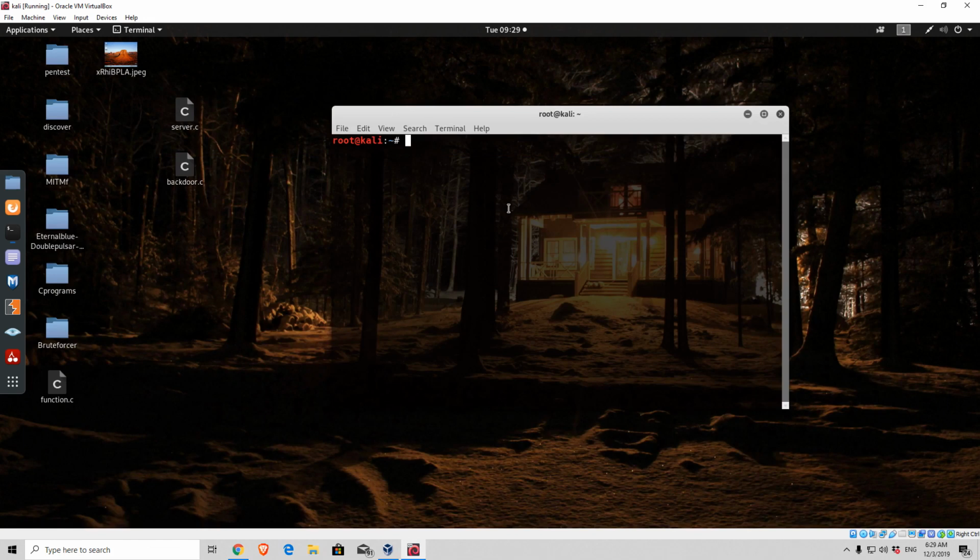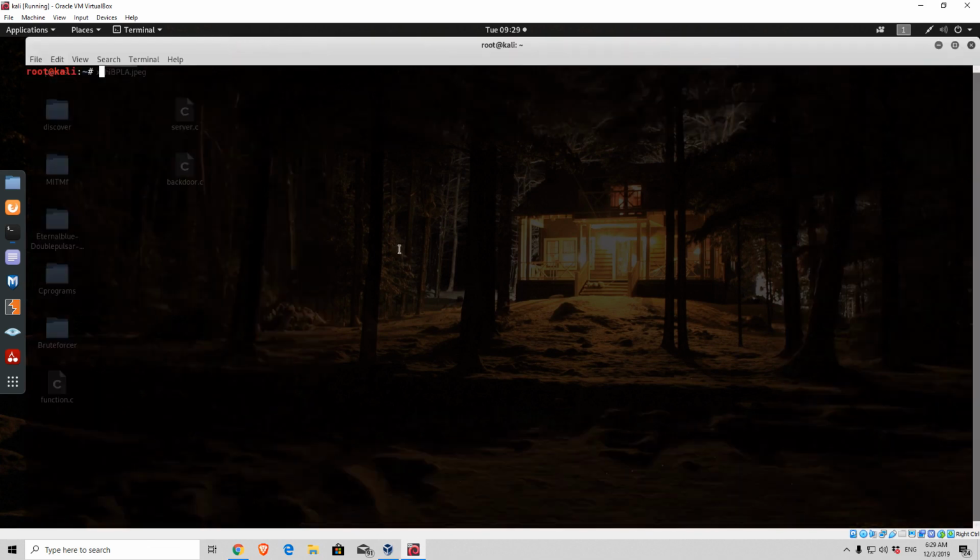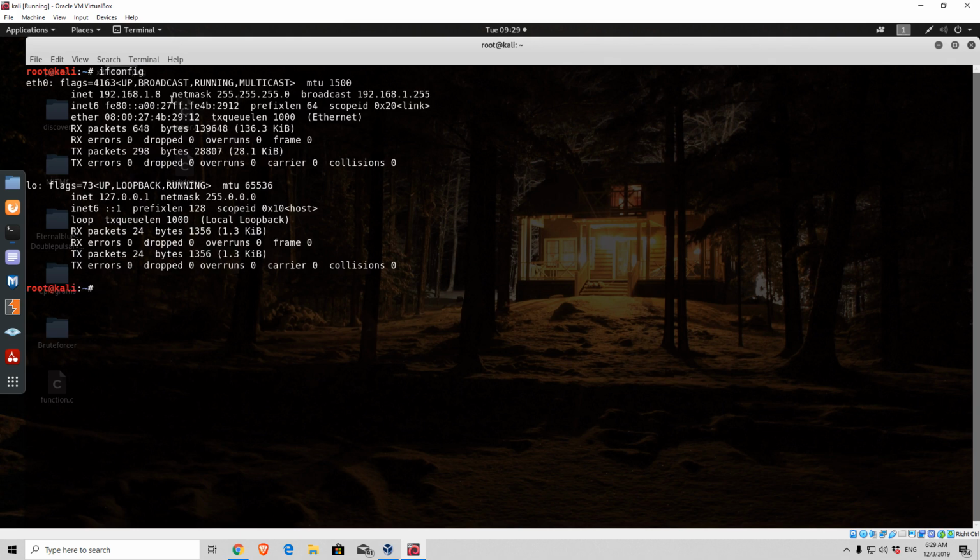Now, since I already have it, I'm going to continue the compilation. But before we even compile the programs, we must make sure that certain things are set as they should be. One of those things is the IP address, and also the port on which we are connecting. They have to be the same as this Kali Linux machine, and they have to be the same in both programs. So first of all, I will type ifconfig to check out my IP address,